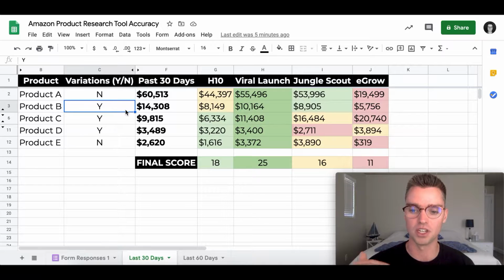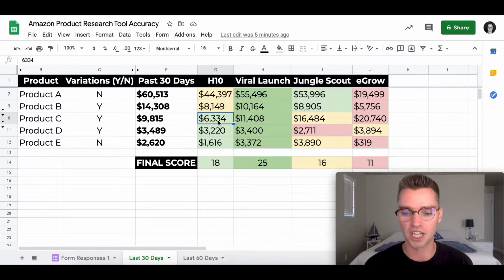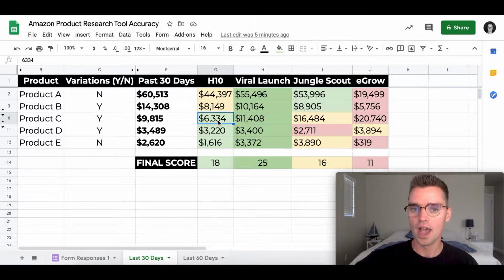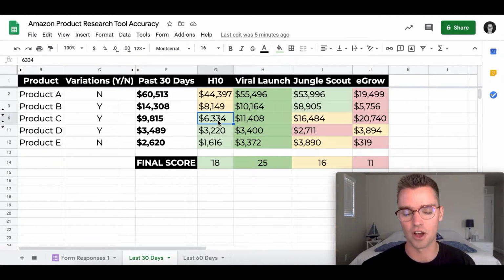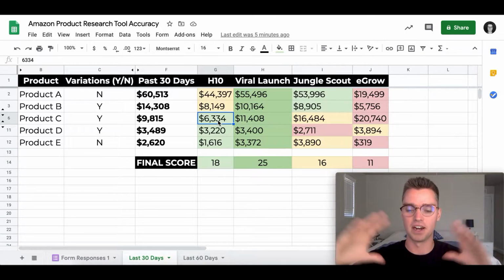And this is true that this was kind of the most accurate depiction. Again, it wasn't 100% accurate, which I'll talk about in a second, but it was the most accurate. So again, for Helium 10, Viral Launch, and Jungle Scout, I went onto each of my product pages or my client's product page, and I looked at the estimated sales volume for the highest sales volume for whichever variation was the most,